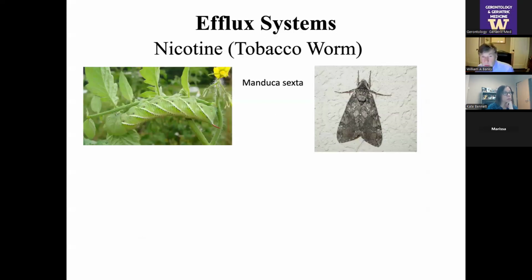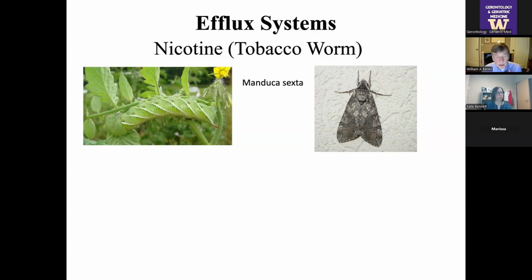Mother Nature is full of efflux systems, and we are really discovering them. I think this is one area that really promises to add a lot to our knowledge of not only medicine, but life in general. So here's my favorite example of an efflux system. How can the tobacco worm eat the tobacco plant? Because nicotine is toxic, and the answer is because it's got an efflux system in its little hemolymph to keep the nicotine out of its ganglion. And so that's how it works.